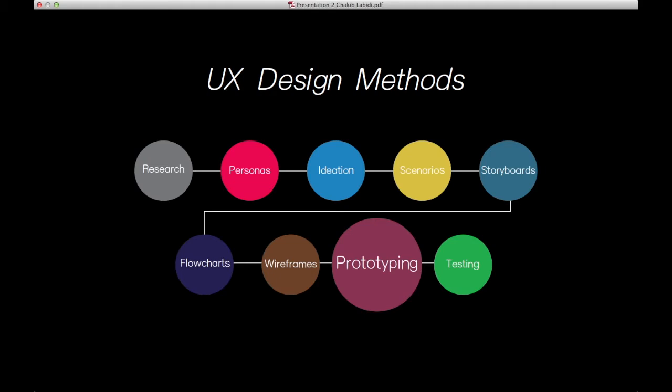You would probably add more methods to it, or maybe swap a method with something that is more adequate depending on the project that you're working on. We are here at this particular stage, the prototyping. We've done all the research, personas, ideation, came up with ideas which we tested in scenarios and storyboards, then used a flowchart to map out the user journey, and then